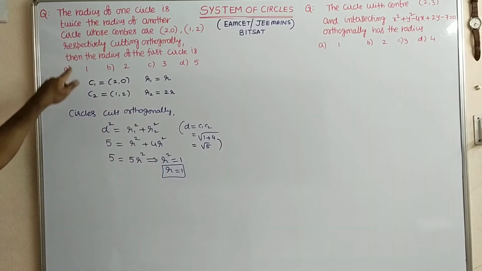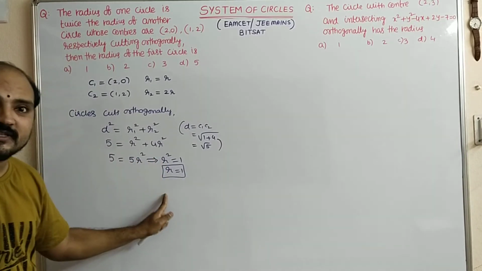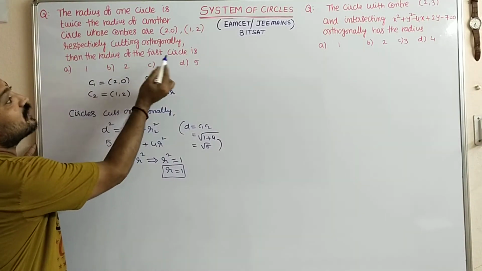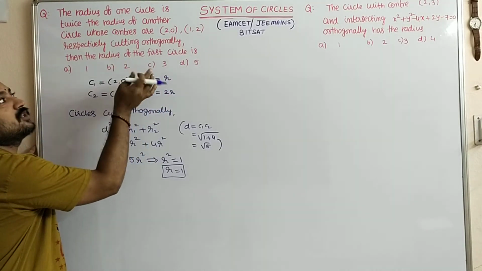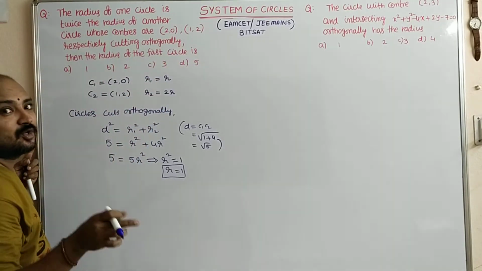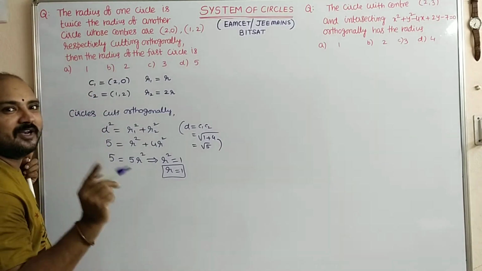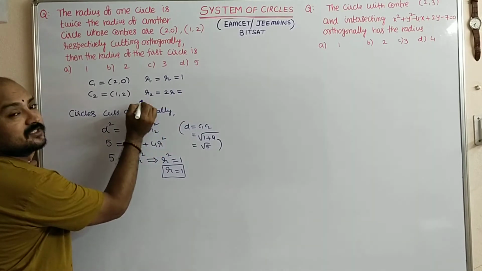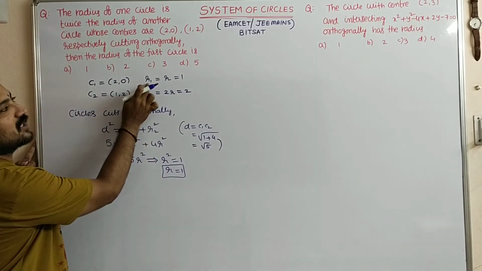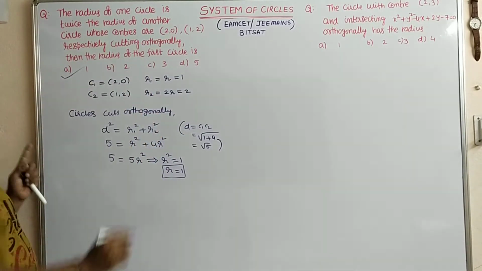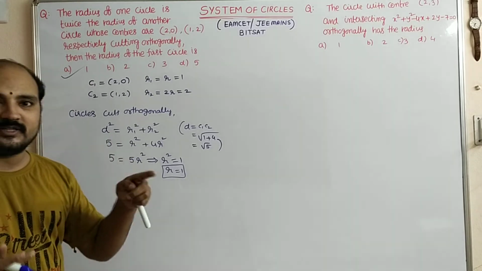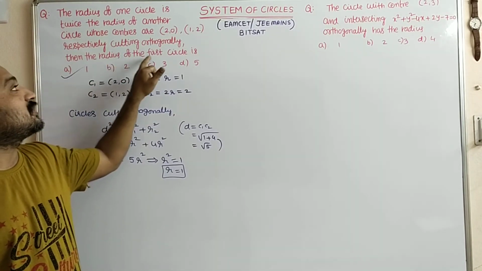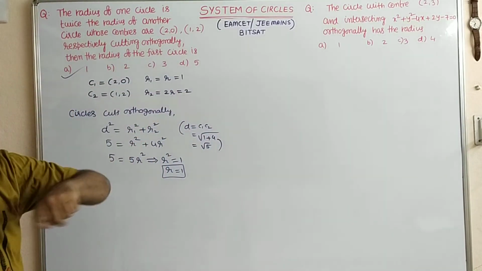Here is the only twist: after getting the radius, don't just mark that option as 1. They are asking for the radius of the first circle. Sometimes they will ask for the second circle also, and that time the answer will be 2. Remember this, dear students. So R1 is r, the first circle's radius, and the second circle's radius becomes 2. So the first circle's radius r is equal to 1, which is in the first option. Because these are competitive exams, they take chances to ask for the radius of the second circle. That time the answer will become 2.